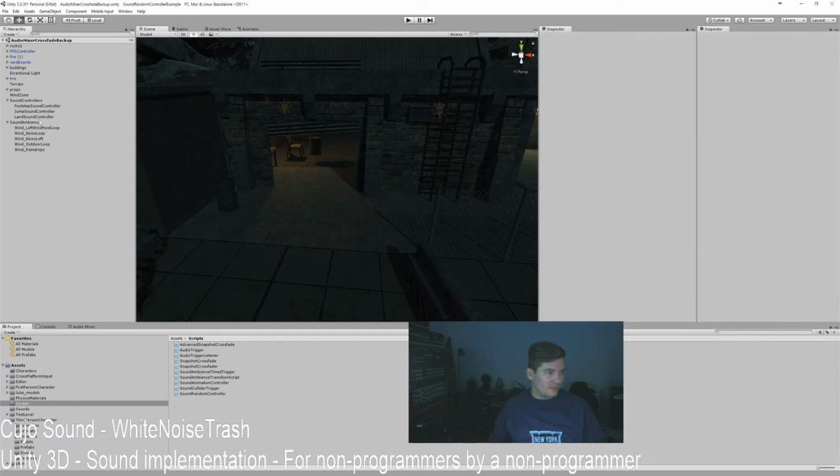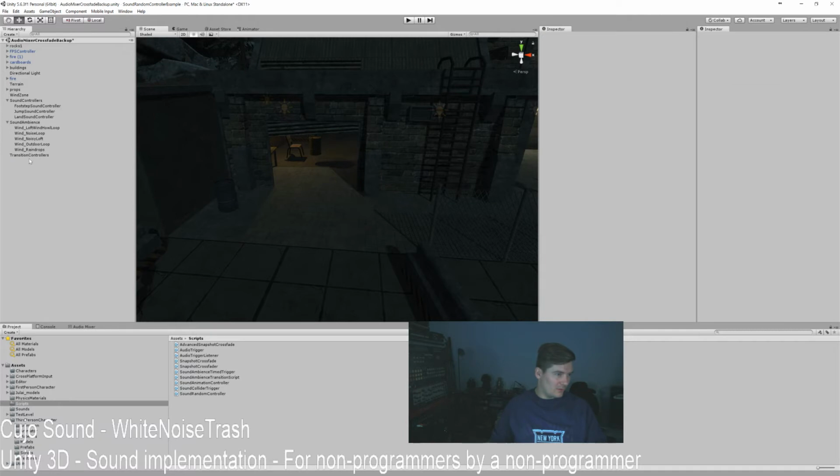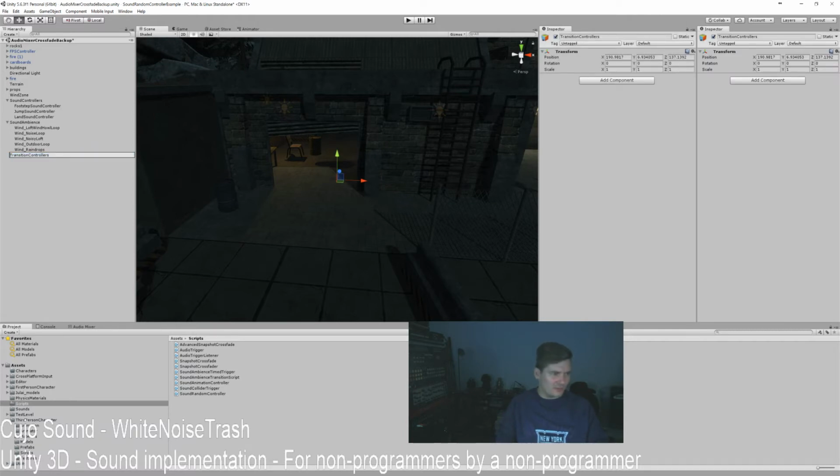So by that, we're going to start off by creating a new game object here called transition controllers. Just for the sake of level designers, we're going to call it sound transition controllers instead, so that they don't get pissed off by us using their naming convention, because they overrule sound people for some reason. Let's create an empty one here. We're going to call it